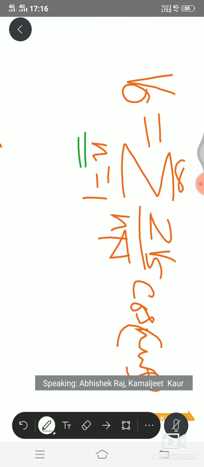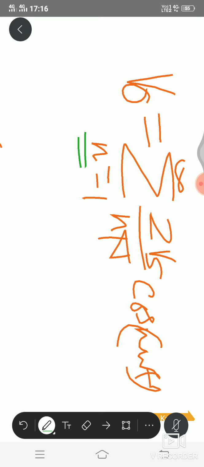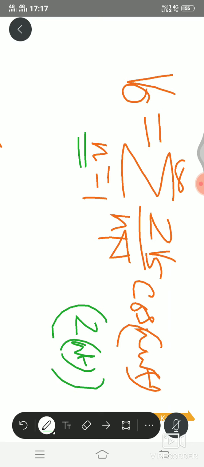Now for instance, if you are taking all even numbers, say 2, 4, 6 for n, what will happen? Say you are putting 2 omega t or 4 omega t. What will be the value of cos 2 omega t, 4 omega t? It will be 0. Is it clear to all of you? If you are choosing even values for n, the cosine of those even values will give us 0. So that is why I'm changing here.